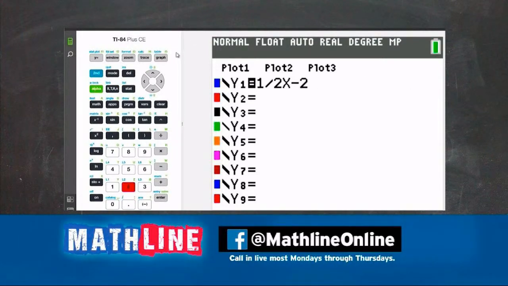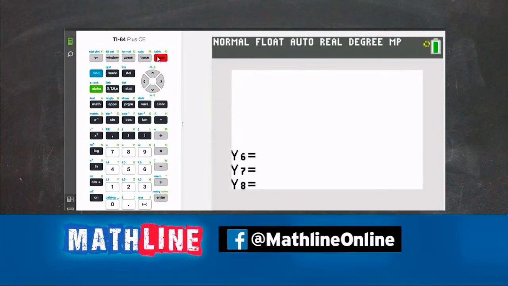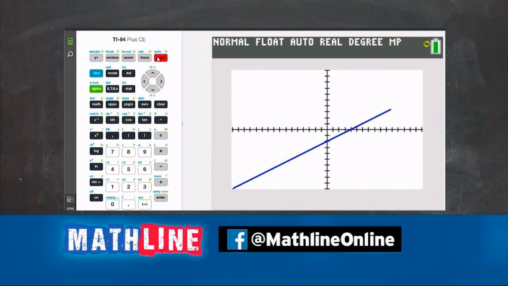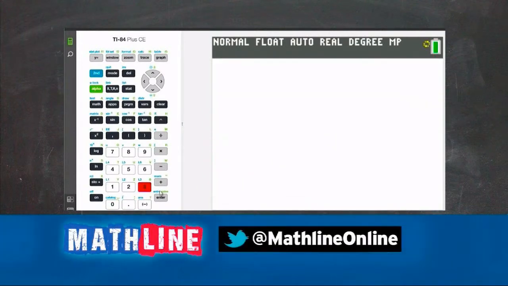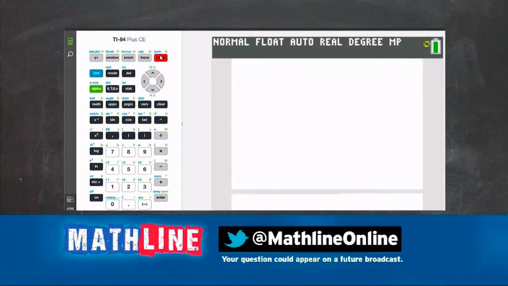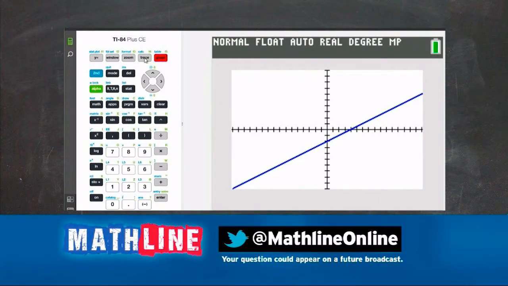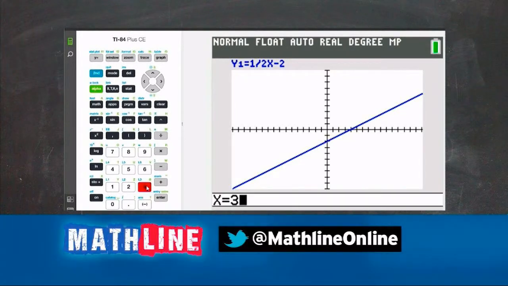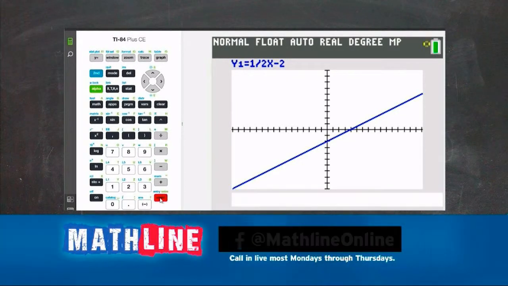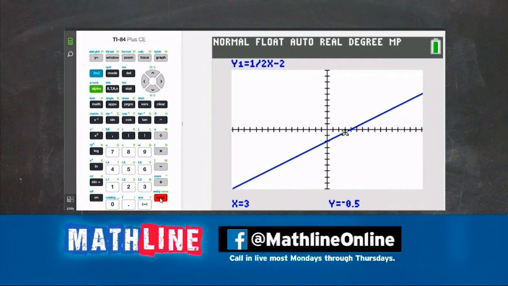We're hoping that this is going to work. We graph it. There it goes. And now let's pop in the number 3. That was our test point. See if 3 works. Oh, got to put a trace on it first. Let's go back to graph. Sometimes that happens. Hit the trace. You'll be fine. Now put in the 3, and let's press enter. See where we go. Negative 1/2. That is what we started with.